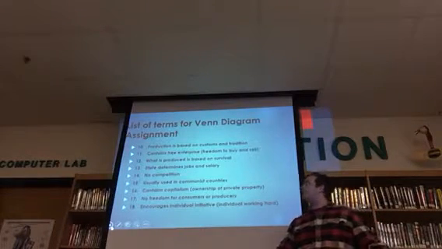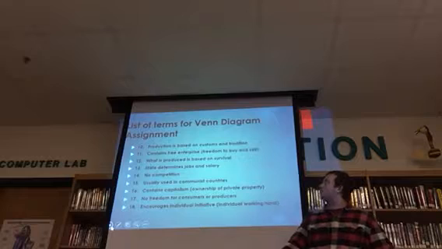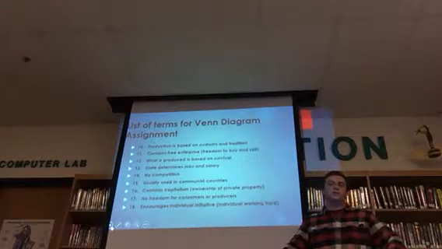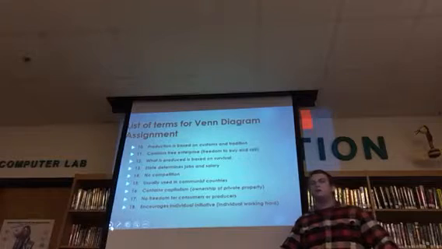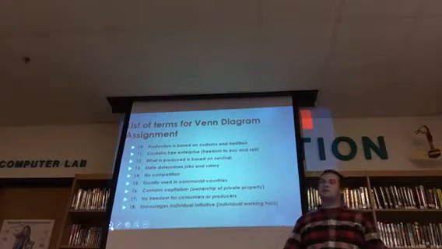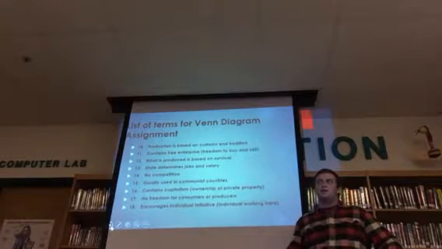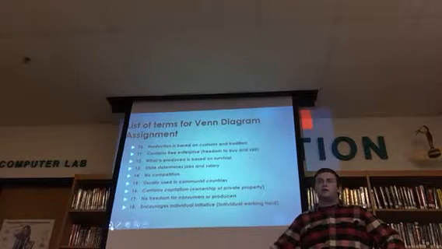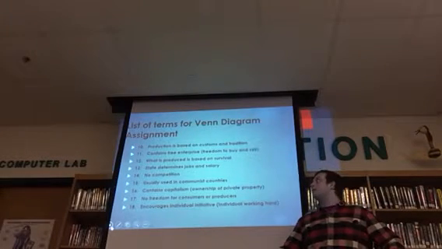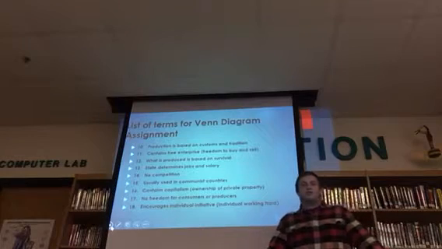So these next 9, where do you guys think that number 10 went? Production is based on customs and tradition. That last word should be key. Obviously, traditional economy. That's where you'd place number 10. Contains free enterprise. Free enterprise is also free market, so that goes in the free market circle on the Venn diagram.